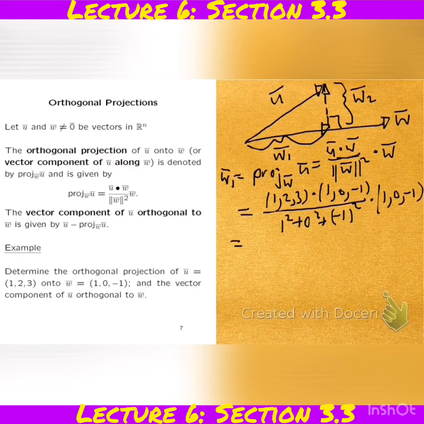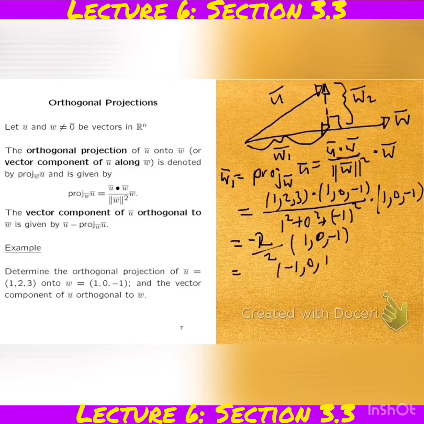If you do the dot product, you find that that is 1 plus -3, which is -2, divided by 2, multiplied by 1, 0, -1. And that is the vector